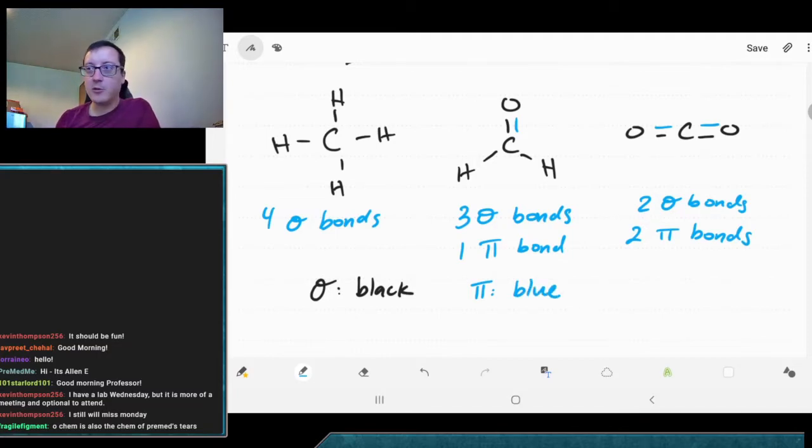Hopefully nothing too crazy here. Should again be somewhere in your memory. Anytime you have the multiple bonds, those are all pi bonds. If we want to take a look at the orbitals that are going on to make these bonds, remember that